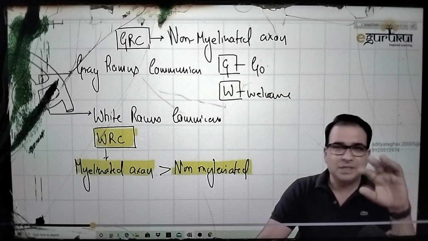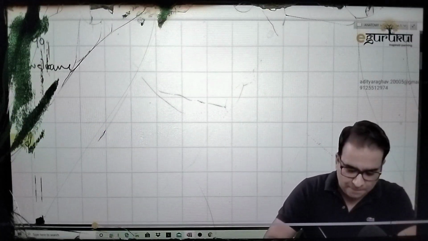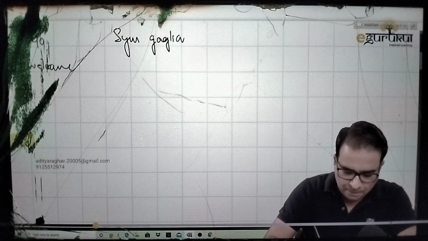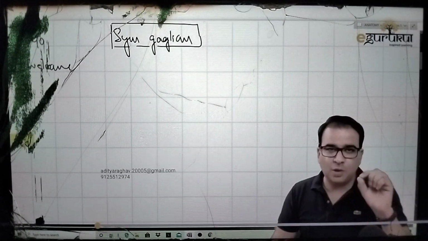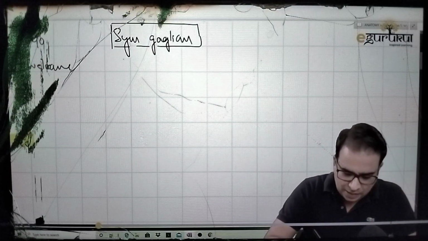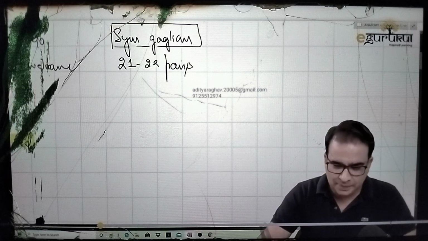The number of sympathetic ganglia does not correspond to the number of spinal segments that we have. So guys, when we talk about the number of sympathetic ganglia in the sympathetic chain, we also have paravertebral ganglia apart from the chain, but I'm talking about the sympathetic ganglia which are present in the sympathetic chain. There are approximately 21 to 22 pairs of sympathetic ganglia, out of which